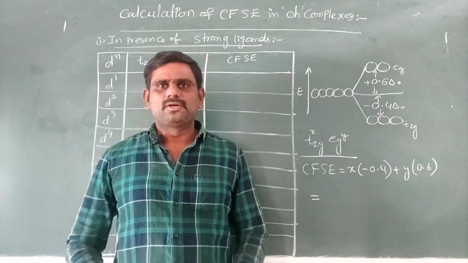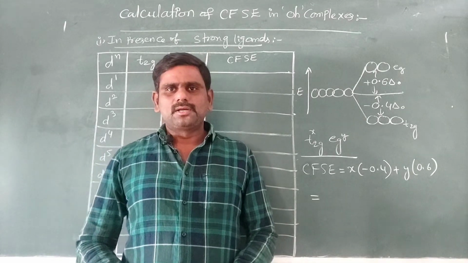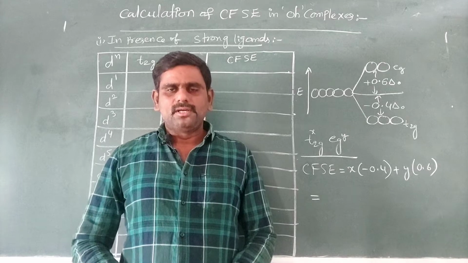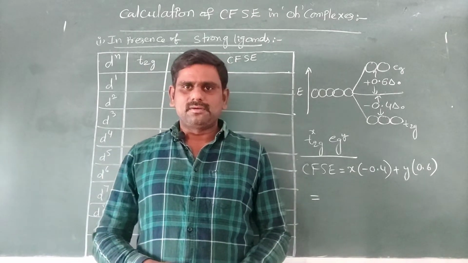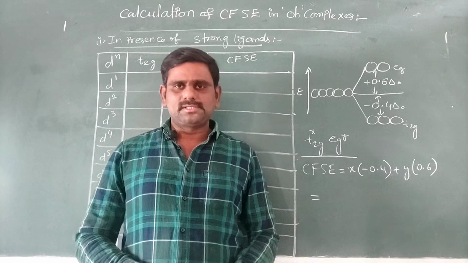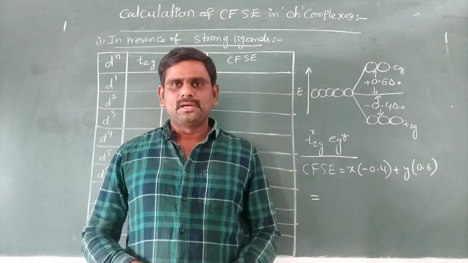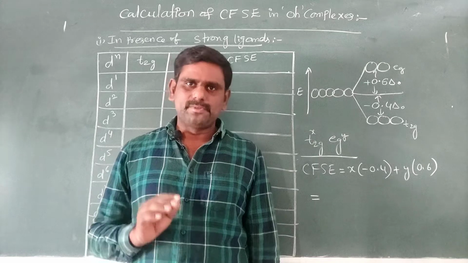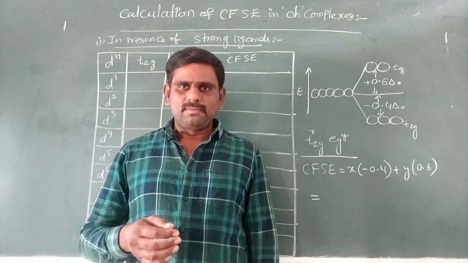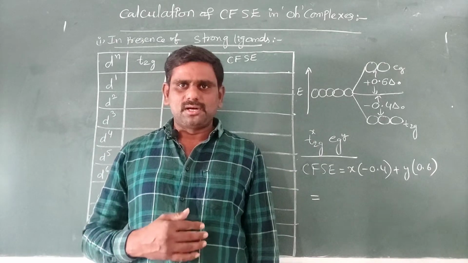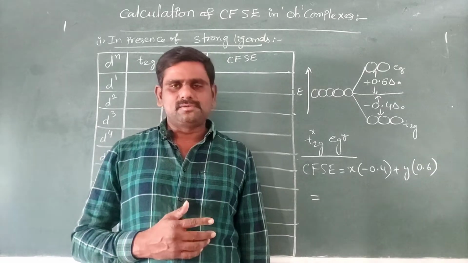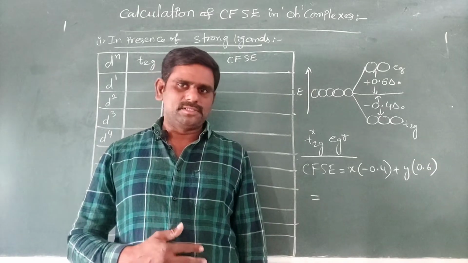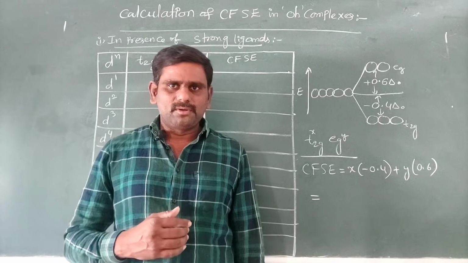In this class, I am going to explain to you the calculation of CFSE in octahedral complexes. Octahedral complexes are of two types: inner orbital complexes and outer orbital complexes. Inner orbital complexes are low spin complexes which are formed under the influence of a strong ligand. Outer orbital complexes, also known as high spin complexes, are formed under the influence